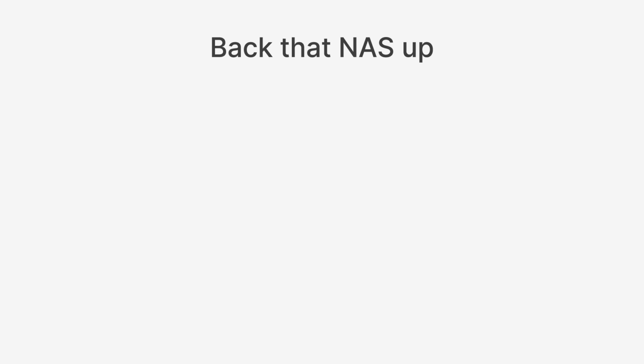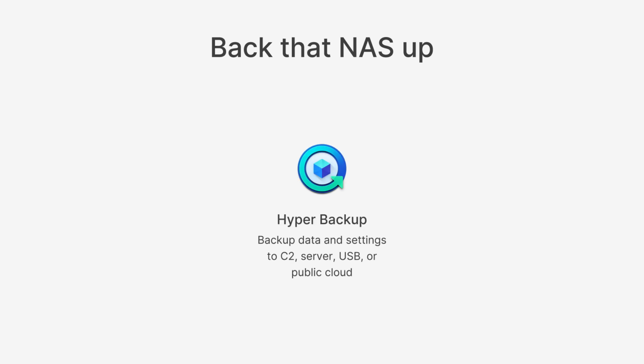So now that we've talked about backing up your endpoints to your Synology NAS and your software as a service platforms you might be utilizing with a range of our tools, you're going to want to consider how you can create a 3-2-1 backup strategy for that data that is now on that Synology NAS. So you're going to want to use a combination of Hyper Backup and Snapshot Replication to provide a more robust solution to your backup strategy. With Hyper Backup, this is what allows you to back up your data off your Synology NAS, including settings for the Synology NAS, to another cloud provider. That could be a third-party cloud provider, or Synology's C2 cloud service that you can also utilize.